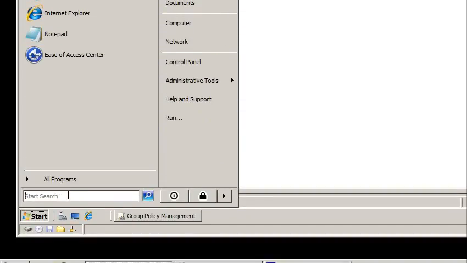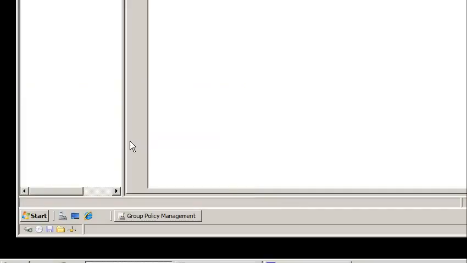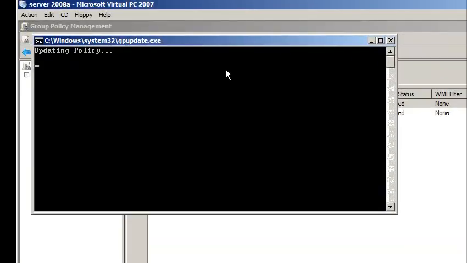And I want to run. Now this is going to run as administrator. That's one of the features of Server 2008. So gpupdate /force, which will force the group policy update. I can do a /boot to make the computer reboot, and a /logoff to force a logoff of my account. I'm just going to do gpupdate /force, and it says up here updating policy,